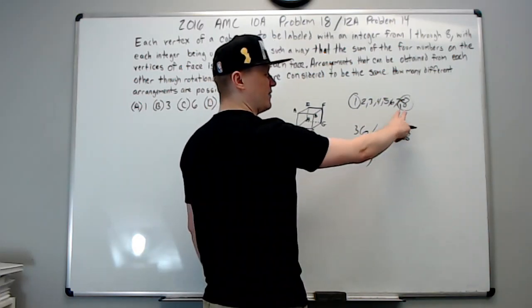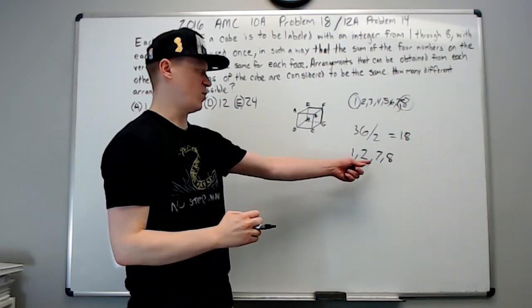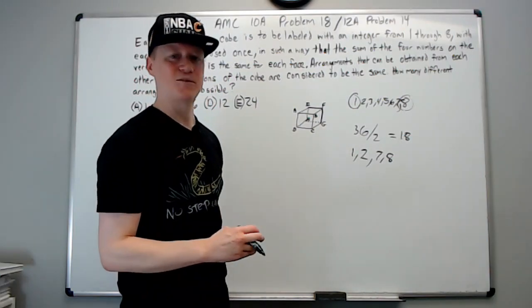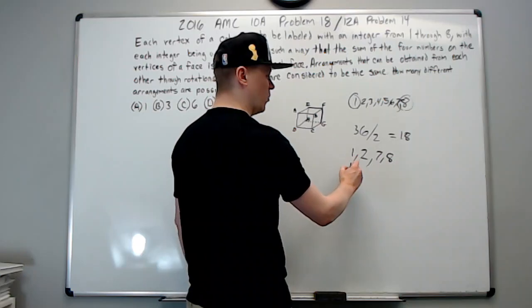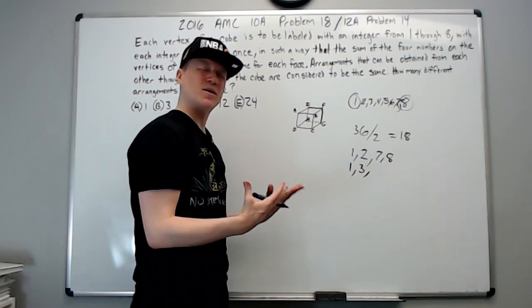Well, I'm not going to get 15 with any 2 numbers but 7 and 8. So that's the only way you can get 15 to finish off this set. Then this is a possible face that 1 can be involved in. What's another one? Well, if I change the 2 to a 3, again, you're trying to work systematically,